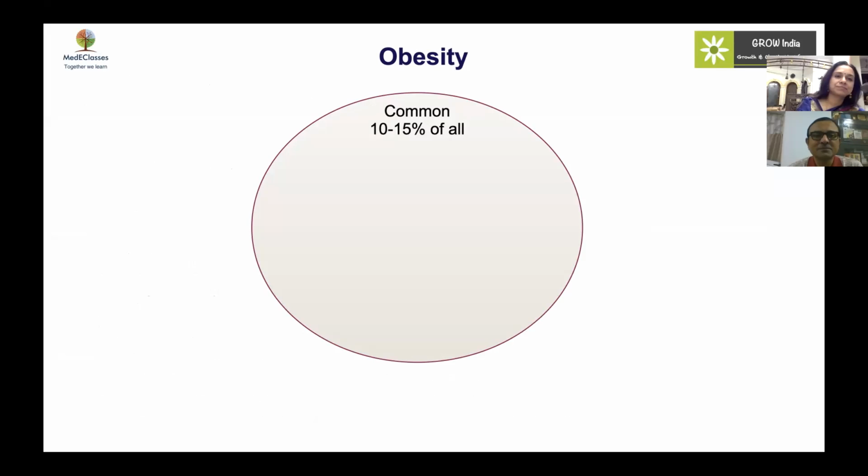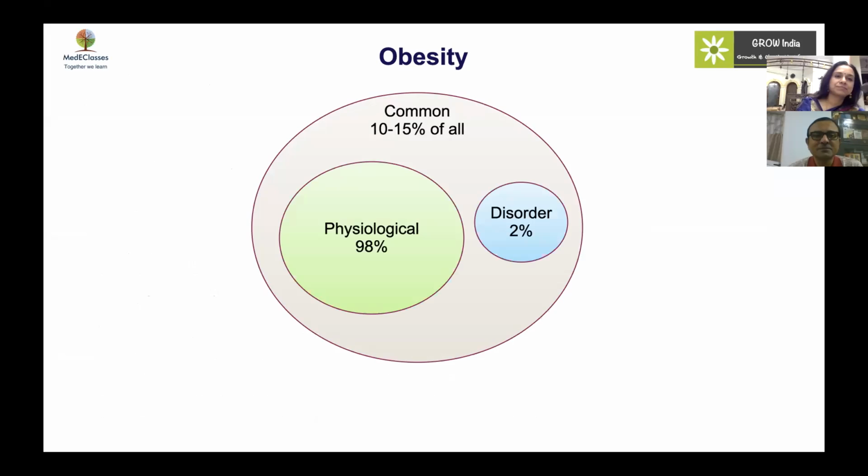We are probably going to handle around 10 to 15% if we talk about affluent schools. So it's a big issue. 98% of these are actually physiological. They do not have any pathological cause. Only 2% have a disease. So the big burden that a pediatrician has to focus on is to not unnecessarily evaluate for pathology, which Dr. Bowman very clearly said, in these 98%, while not missing those 2%, and very importantly, look for complications in these